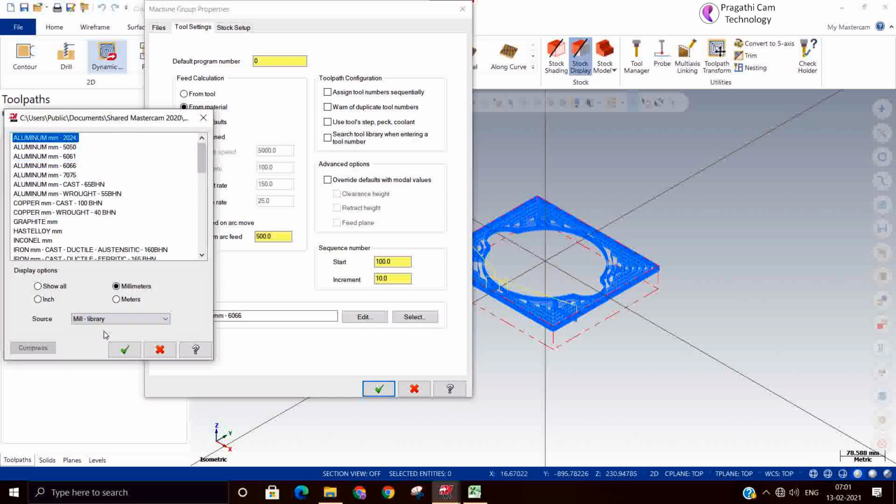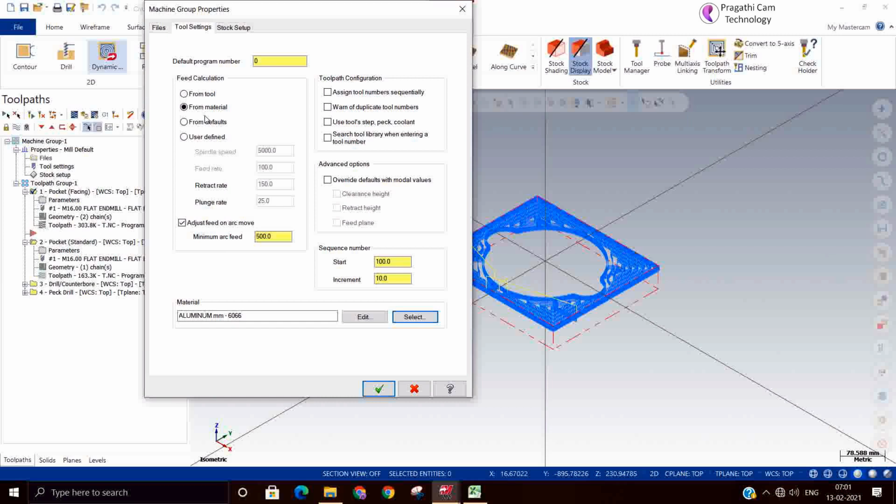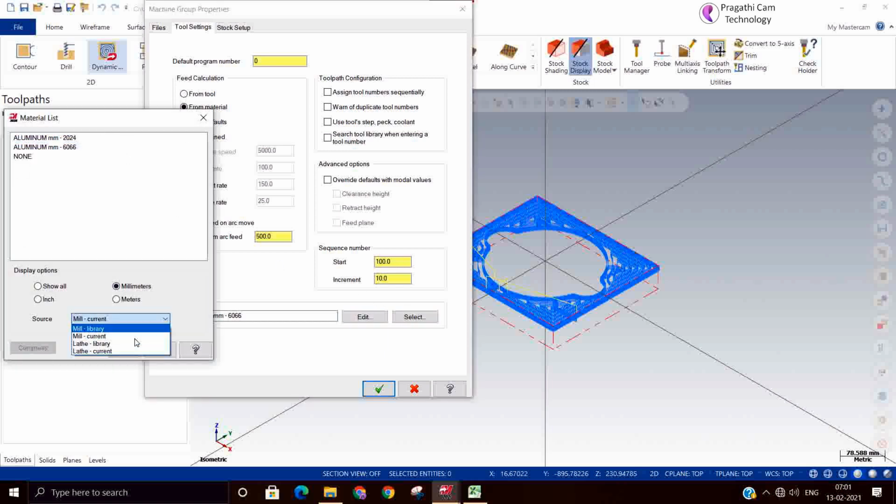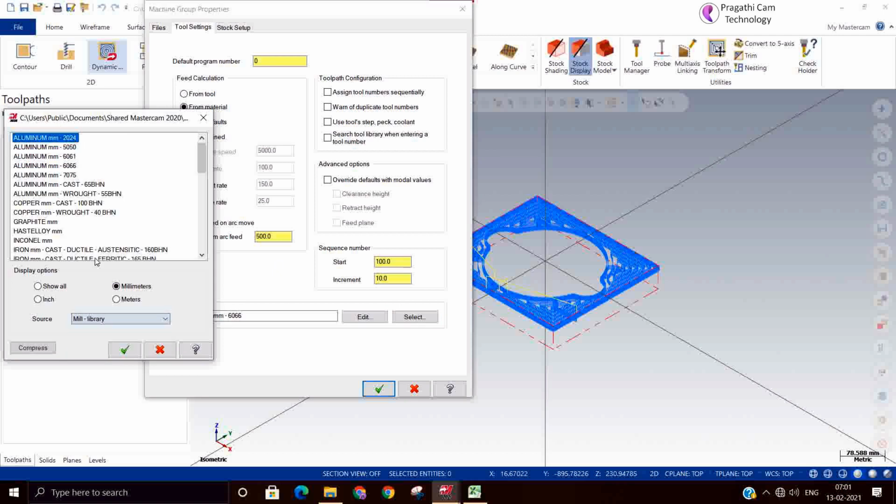In the mill library there are many materials, and you can make your own material also, but it is a big task. You can create a library, but that may not come under our current thinking. So now you can select material mill library. Some other material also you can take. Okay, now we'll take steel.